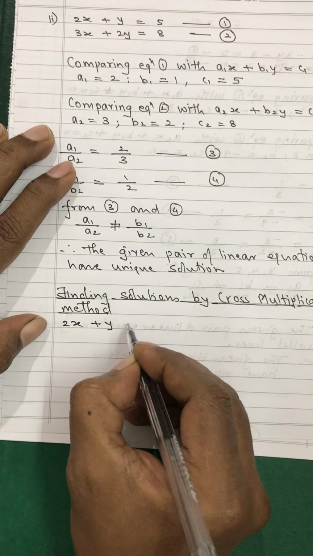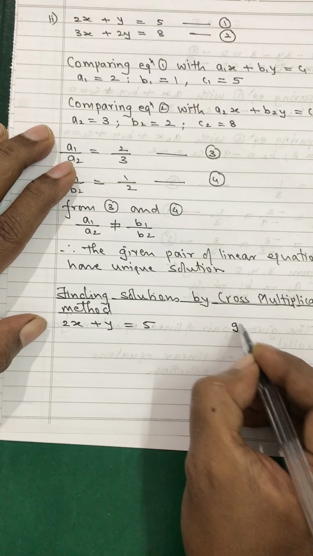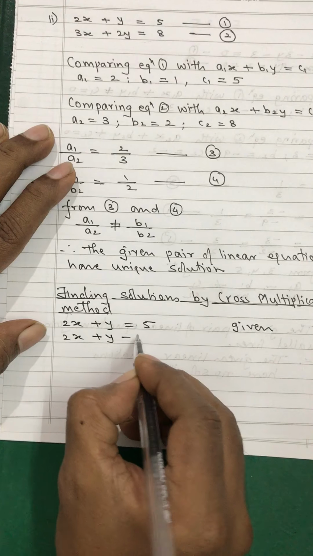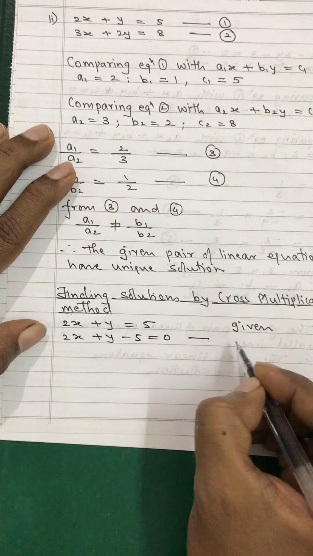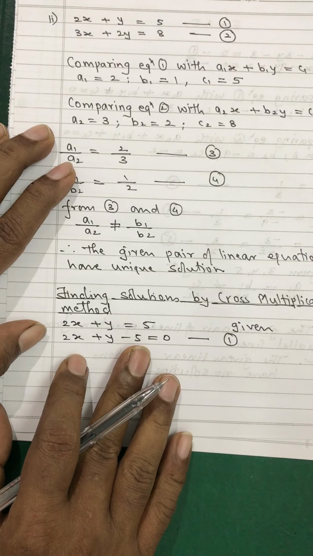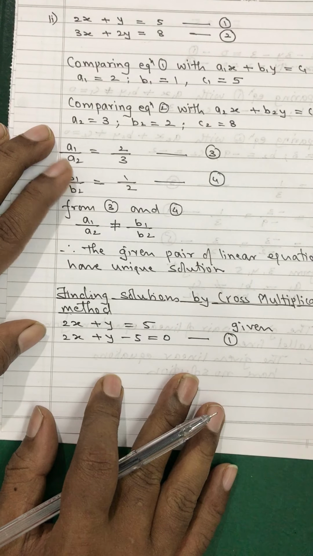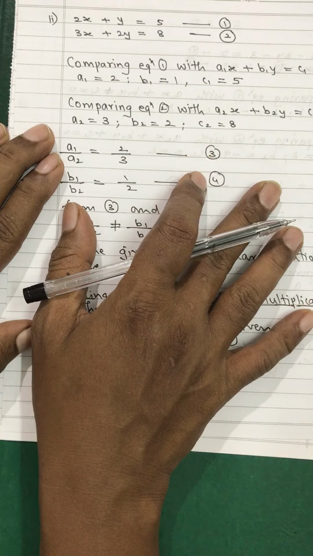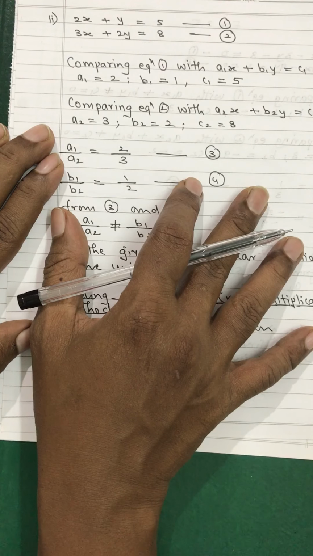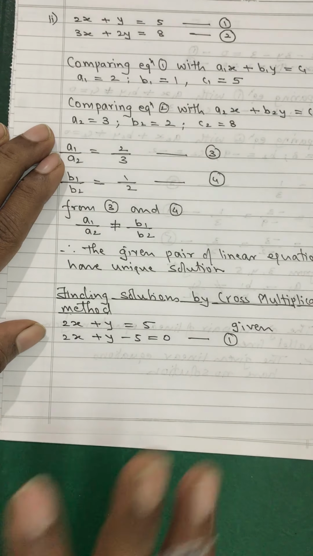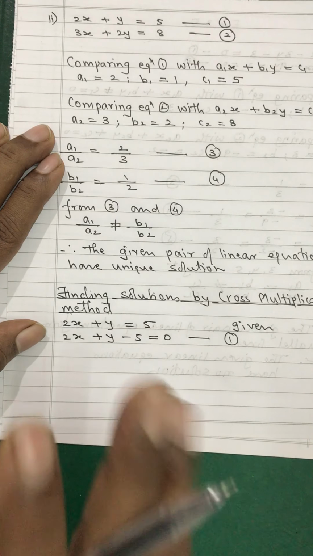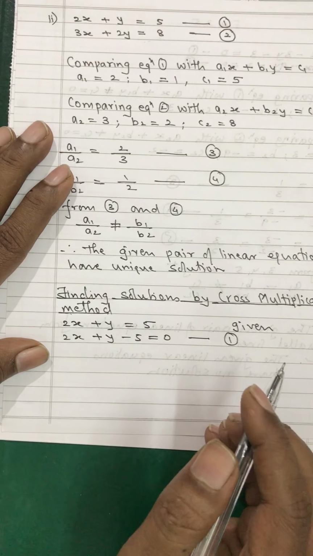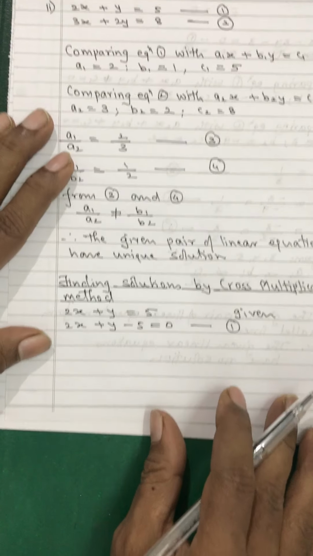So I will do one thing, I'll not make confusion. 2x plus y is equal to 5. This is given. 2x plus y minus 5 is equal to 0. This will become your first equation. This, actually speaking, you don't have to really solve. I'm repeating, if you have already solved, we can directly go and find the value of d, find the value of dx, find the value of dy. This I am doing just because I want to solve the same question by both the methods and try to make you understand both the methods very clearly.